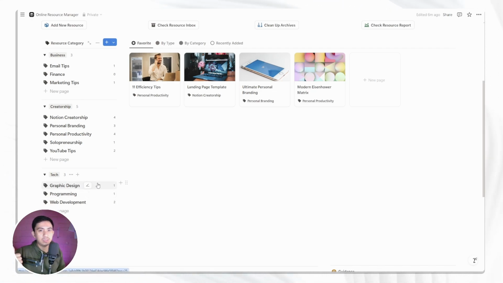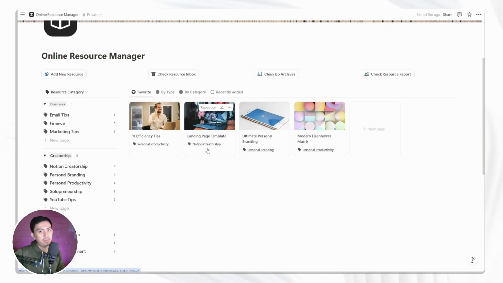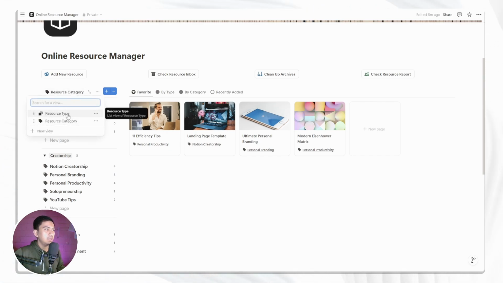Whether it's about study, family, your relationship, online courses, or so on, you can get creative about the category. And that's basically the really big picture of how the online resource manager is structured.